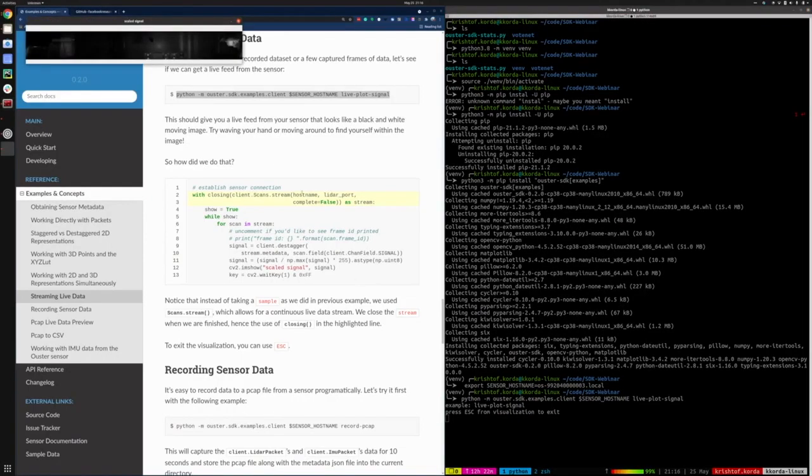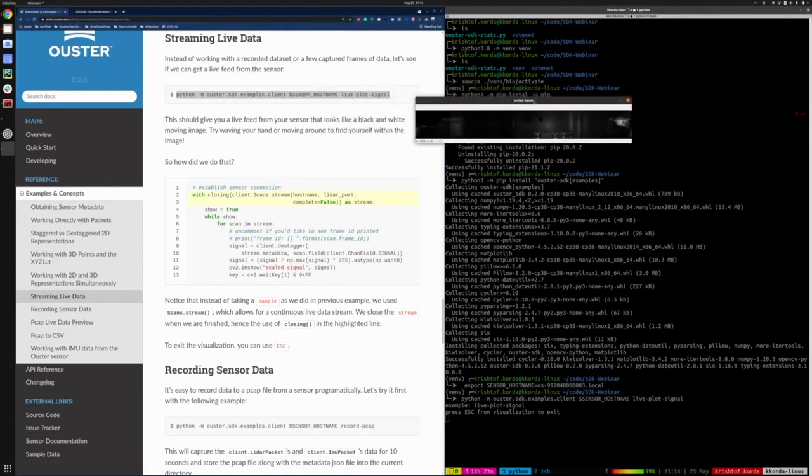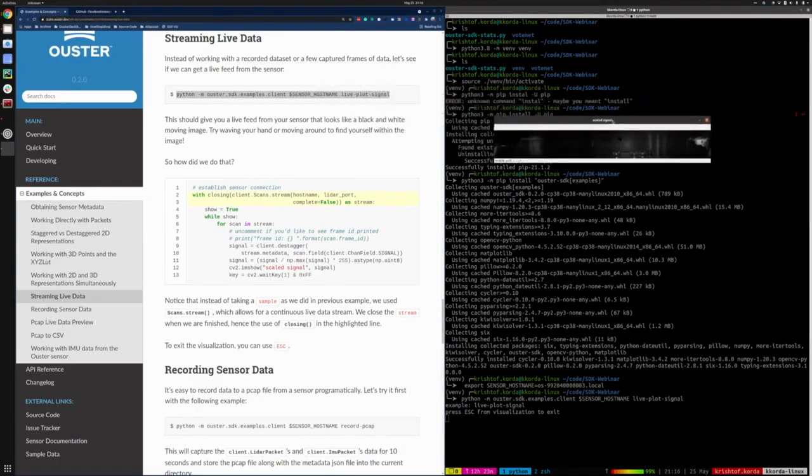And just like that, the quick example is done. You saw we went from pip installing the Python SDK with the examples, exporting the hostname variable, and now with one command, we've actually plotted some live data here. So this is me right here waving my hand in front of the sensor. And this is my beautiful room that is a little bit dark right now based on the signal